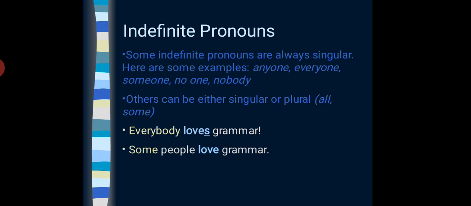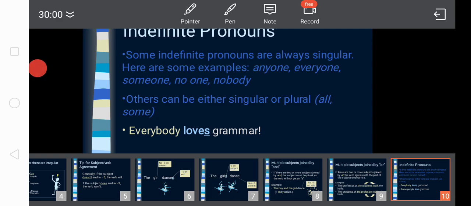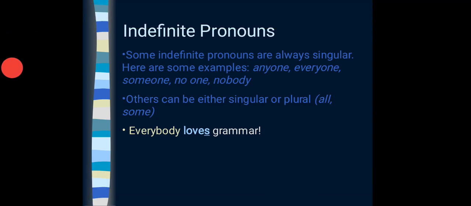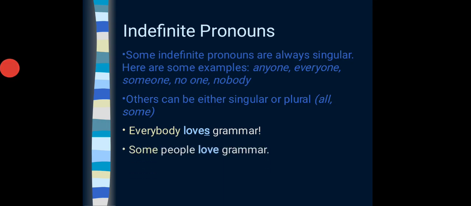Second example, some people love grammar. Some people love grammar. Now love is what? Plural verb. Love is a plural verb. So, some people love grammar, so love is what? Plural verb with plural subject. All right,